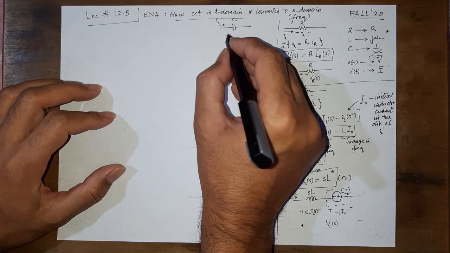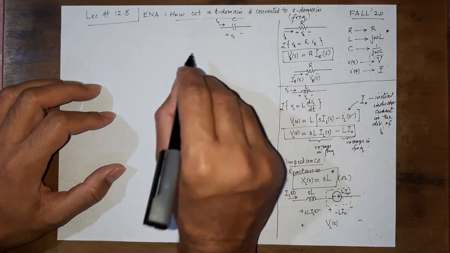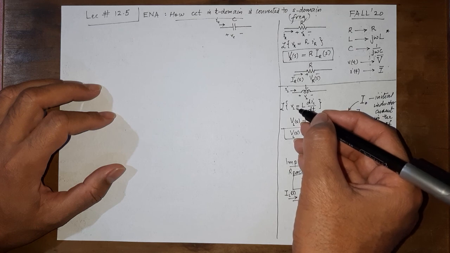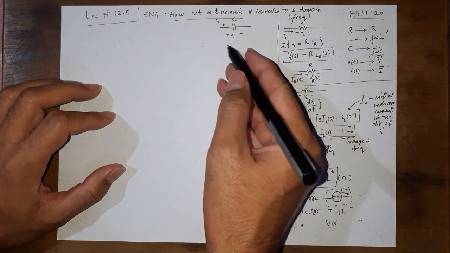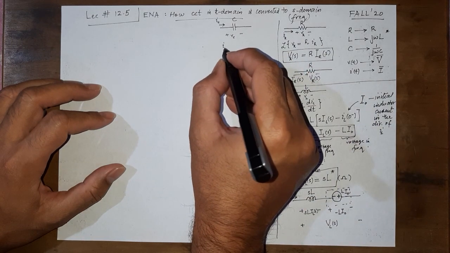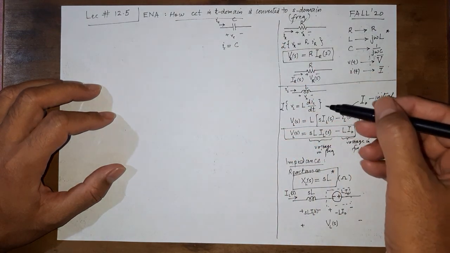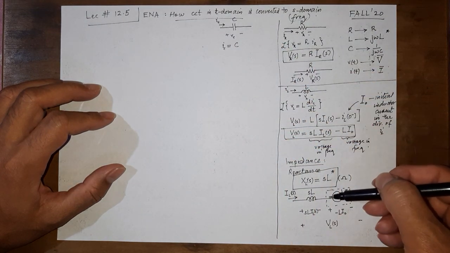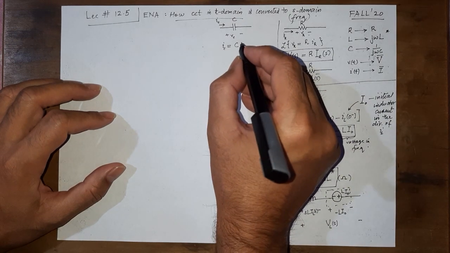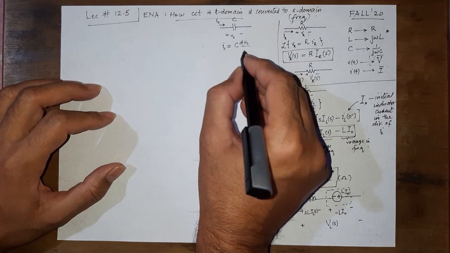So if this is IC and this is VC, then we know that if we are talking about voltage, we are going to write the expression using the integral. But we can say we know this expression. So therefore, we can tread exactly these steps and find this representation. It would be a bit different, but let us try to do exactly the same lines. So we are going to get dVc by dt.